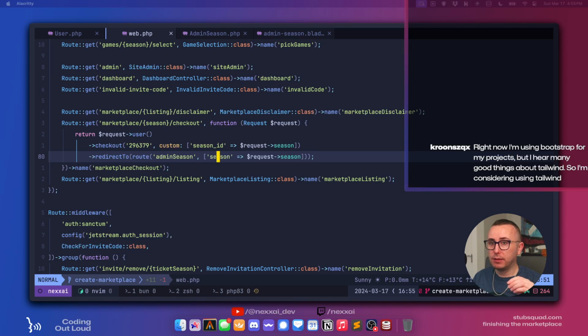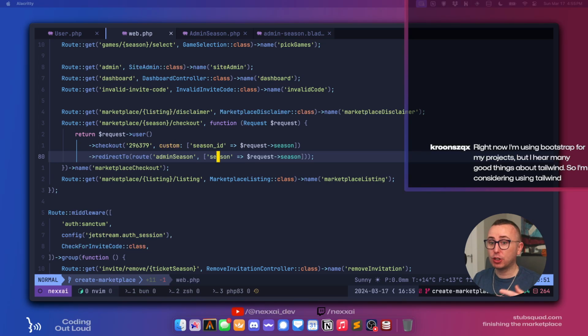Tailwind doesn't have pre-built components like Bootstrap does. The closest they have is Tailwind UI, which is a set of pre-built components, but it's a paid product. They also have Headless UI, which is just the functionality of certain things, like better drop down menus, but they come with no styling. So it's still up to you to style it how you want. You at least don't have the same problem of looking like every other site that uses Tailwind, right? It's really up to you to choose what the design of your site looks like.